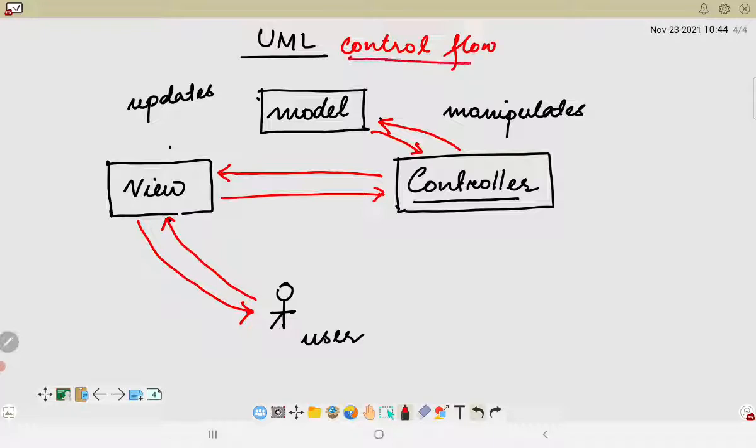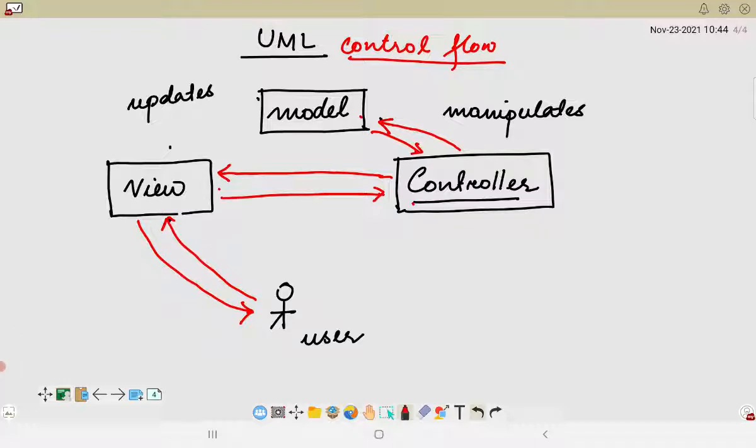So the user will be sending a request through the view to the controller, and the controller would be requesting the model. The model will receive and process the request for the controller and update the controller, and the controller will then update the view, and finally the view would be seen by the user. Okay, so this is the UML control flow.